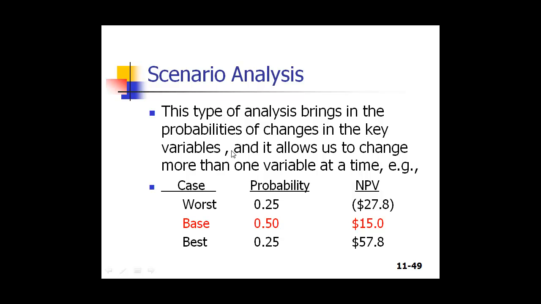Now another method which is actually used more often is scenario analysis, where this type of analysis brings in the probabilities of changes in the key variables, and it allows us to change more than one variable at a time. So for example, you might have some probabilities associated with the economy being better than expected, worse than expected, and so on. This is what sensitivity analysis did not do. Now we can build in the probability that the economy is worse than expected, and the probability that the economy is better than expected. So that's one element. Another element